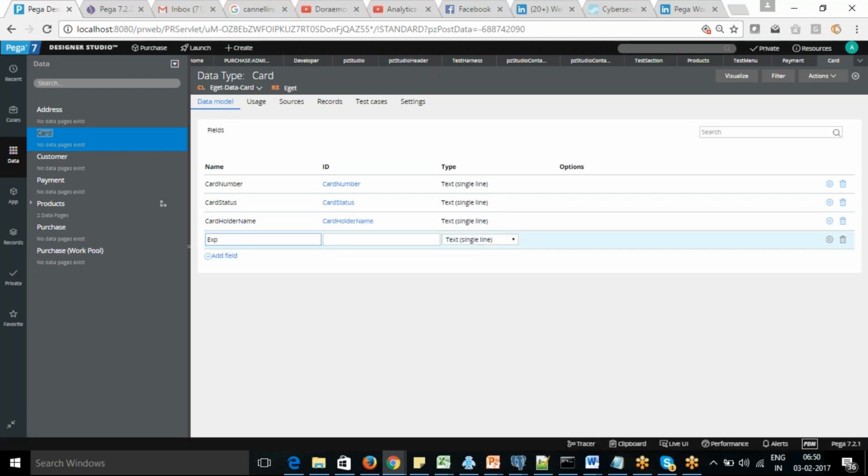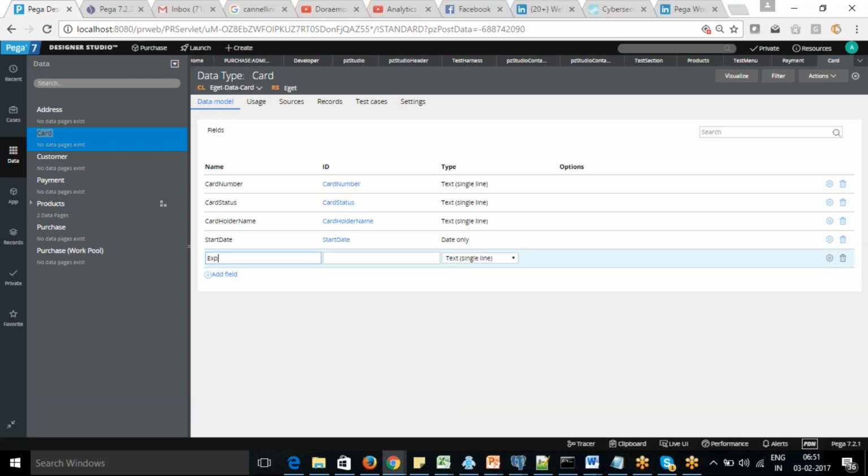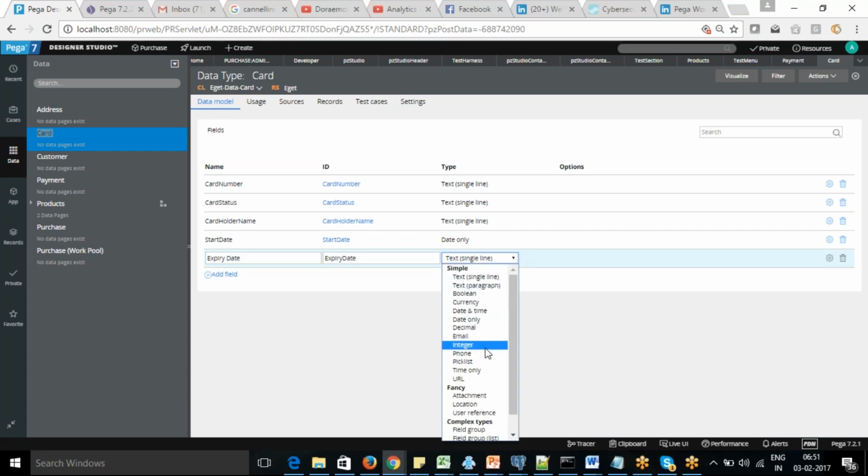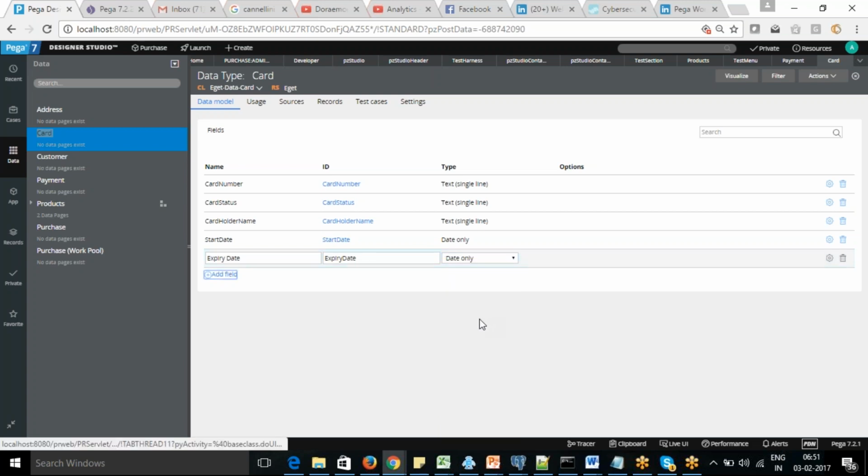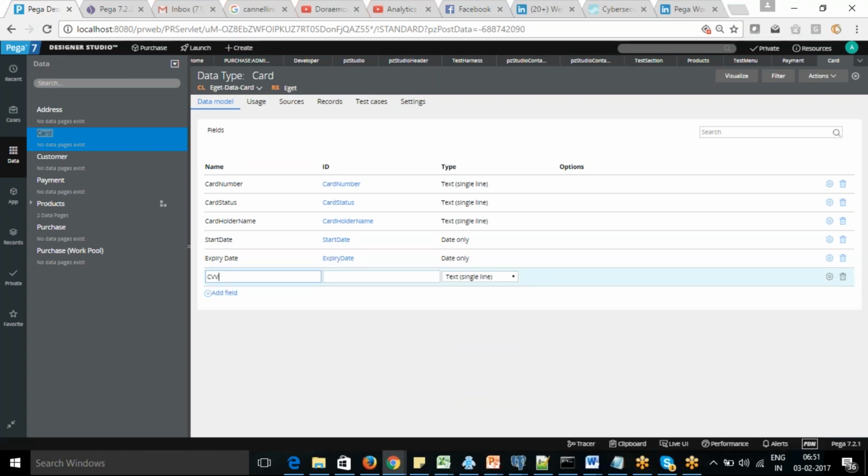Then you have the start date, which I can go with date only. Then you have the expiry date, which we can also go with date only. Then you need the CVV number, so that we can go with the encrypted one.